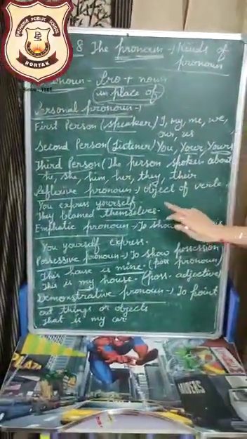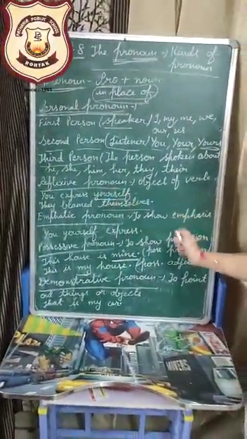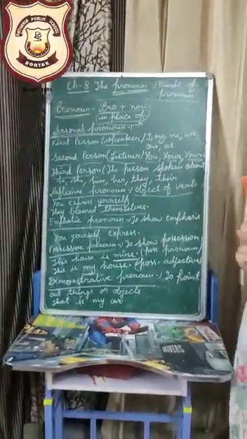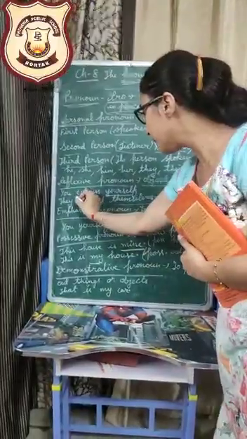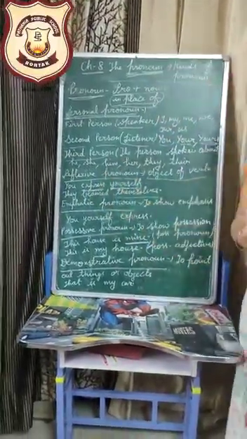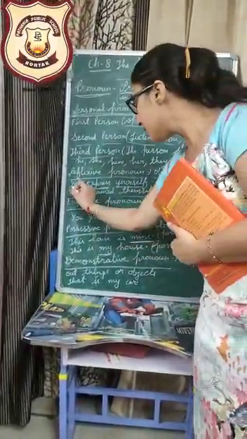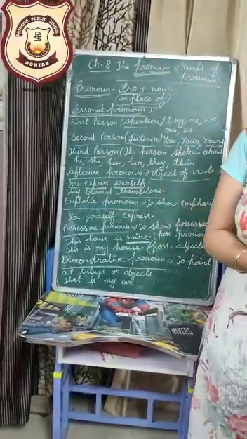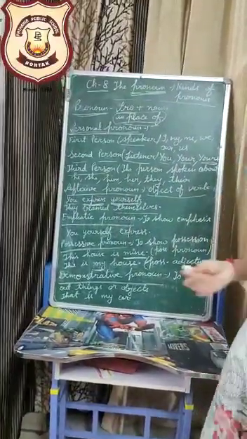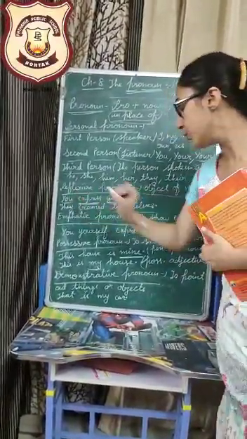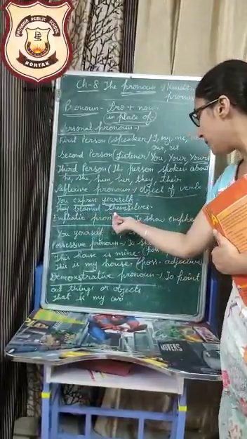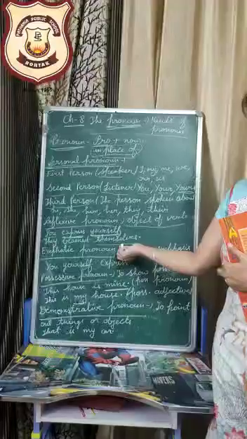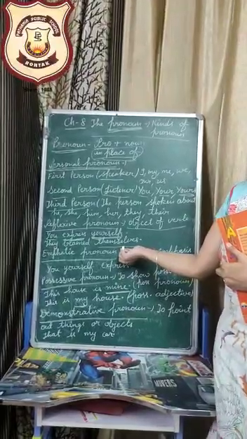Okay, come to the reflexive pronoun. Look at the board. Reflexive pronoun, it is used as an object of the verb to show the reflection. For example, object of the verb means it's a verb you express. You is a subject here, express is a verb here, and yourself works as an object here. So it's a reflexive pronoun of you. They blamed themselves. Again, after verb, it comes at the place of object. So it's a reflexive pronoun.